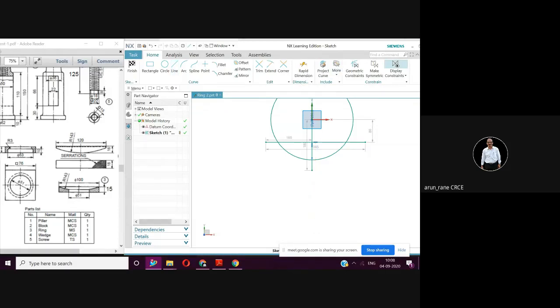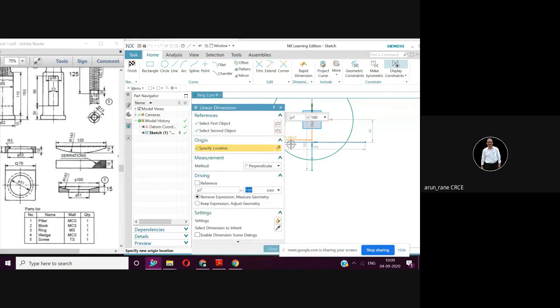Now this distance is 50. Okay. So I'll constrain this dimension. Double click here. Let's say 50.